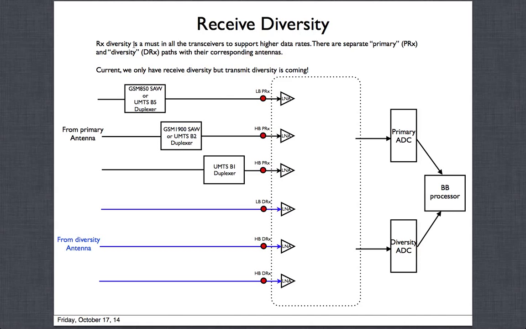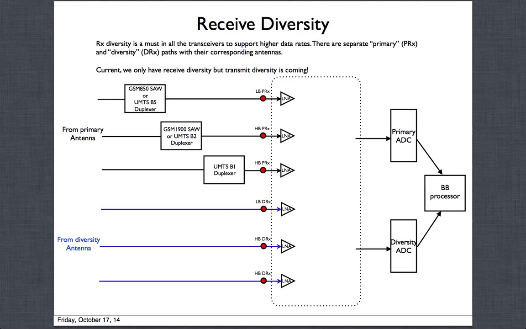Receive diversity was introduced many years ago to increase the data rate. When we make a phone call, we just use the primary path, and for voice calls this is enough. But when we are trying to receive data, imagine rather than having one stream, if you had two of them working in parallel, two parallel paths, then technically you can think, hey, I could get twice the data rate. I could have some bit errors in one, and some errors in the other one, but if I combine the two, I'll have a better bit error rate and a much higher speed of decoding, of receiving.